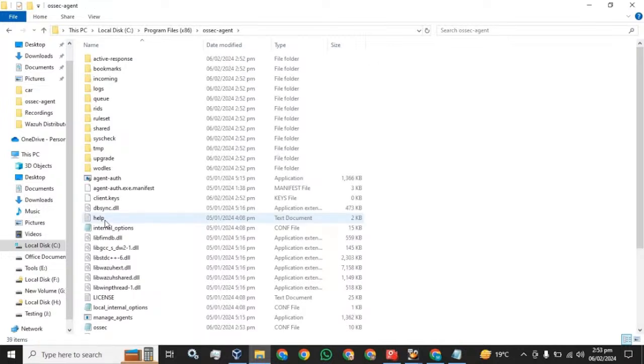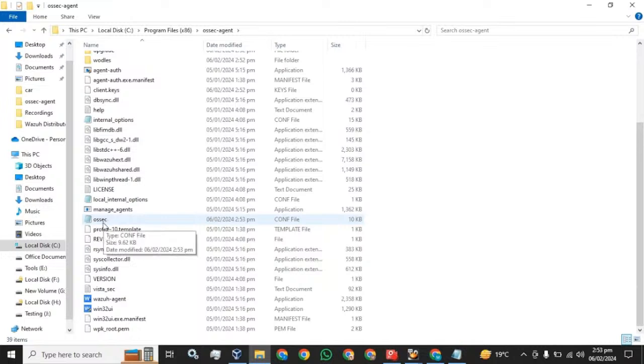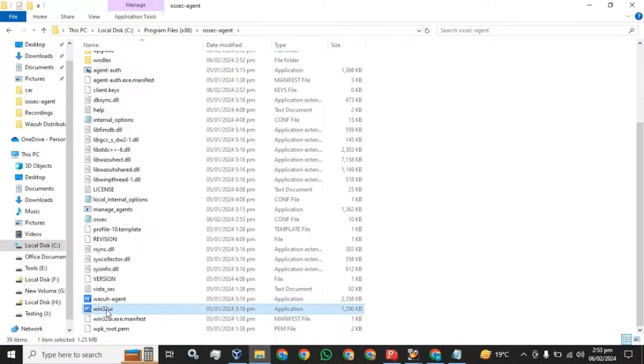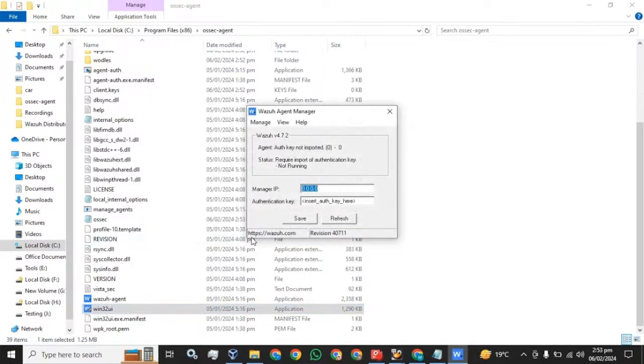Just click on it, find the ossec file, or you can also go with this win32ui file. You have to give the IP of your Wazuh manager because I have installed a distributed Wazuh. My Wazuh GUI IP is